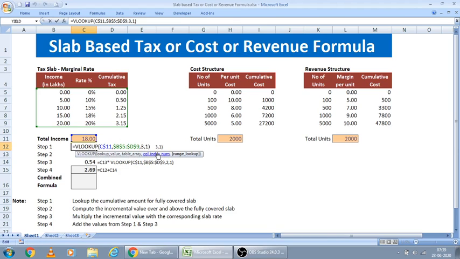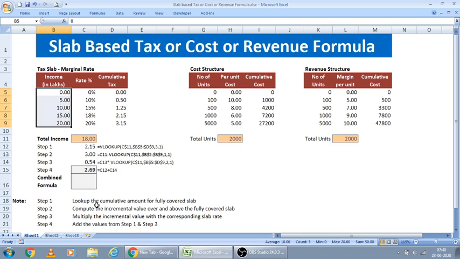Here I am putting the range lookup as 1. It means it will be a partial, or range, VLOOKUP. For this type of lookup, our input data should be in sorted order, and the column on which we are looking up the values, here the income, should be in sorted order.